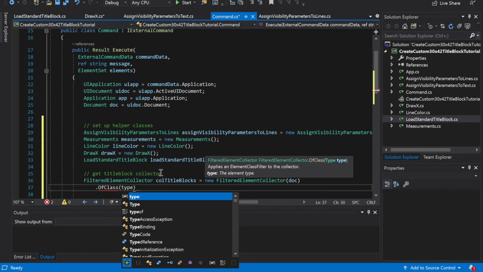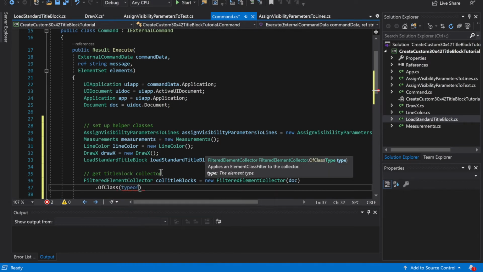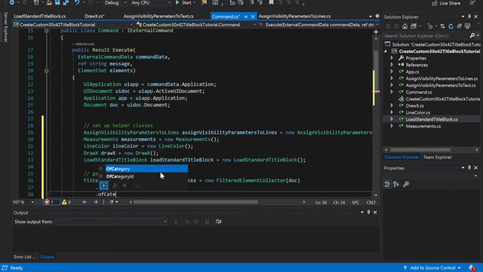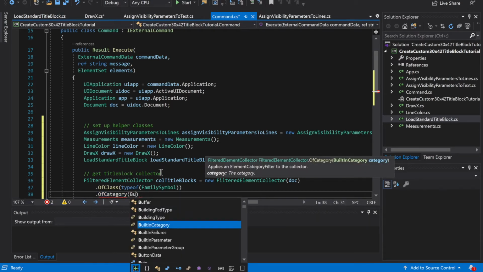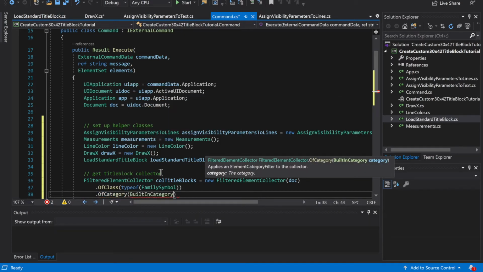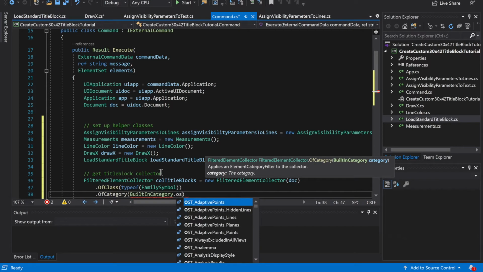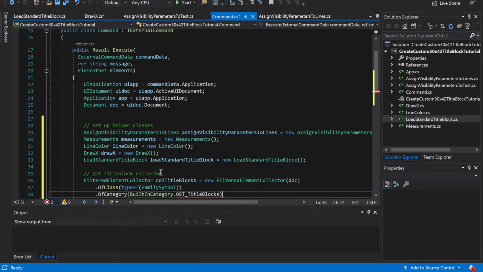Type of family symbol, of category, built-in category dot OST title blocks. Okay, so now that we have that,